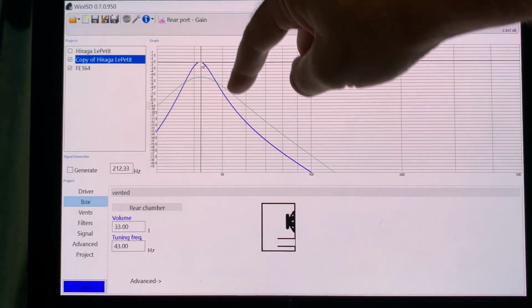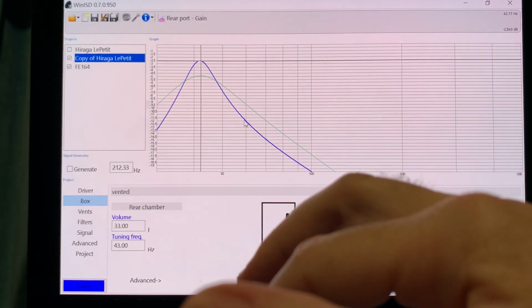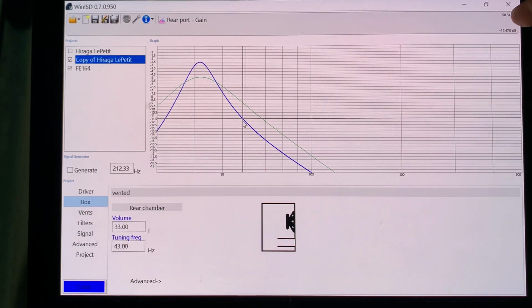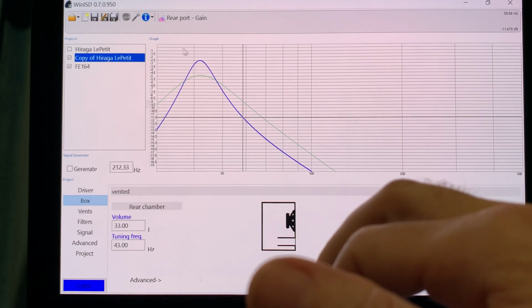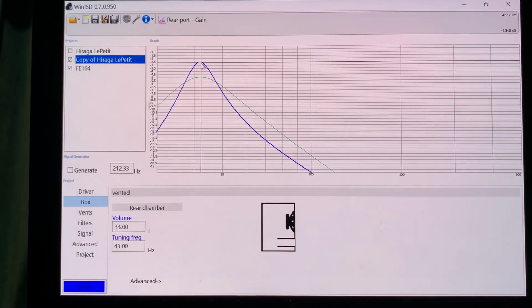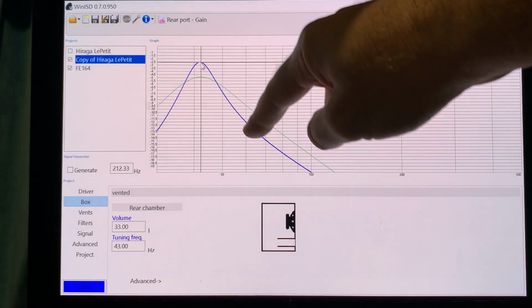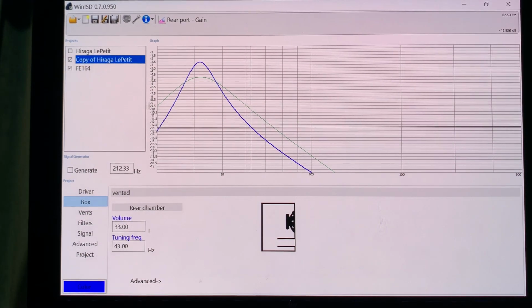And if we go towards a higher frequency, let's say if we pick here almost 60 hertz, then it shows like minus 11.5 dB. Here, what was it? Minus 2.5 dB. So basically we are 9 dB low for the port output at 60 hertz